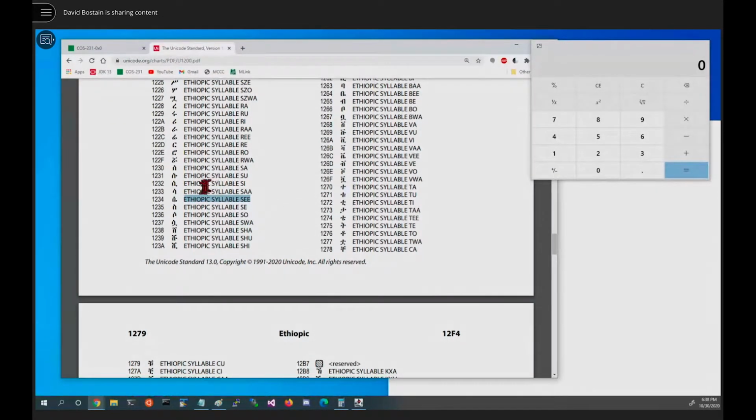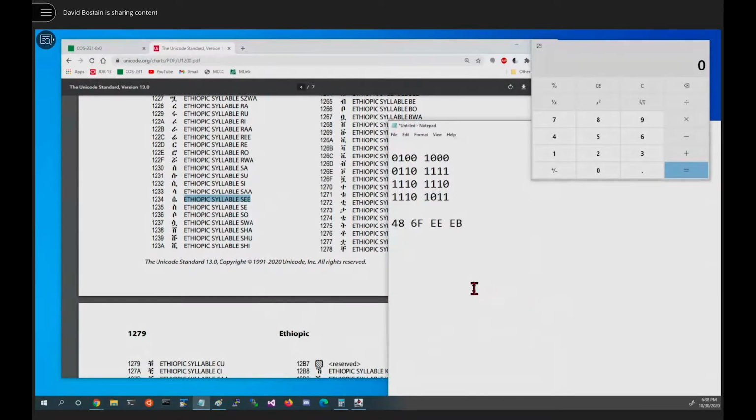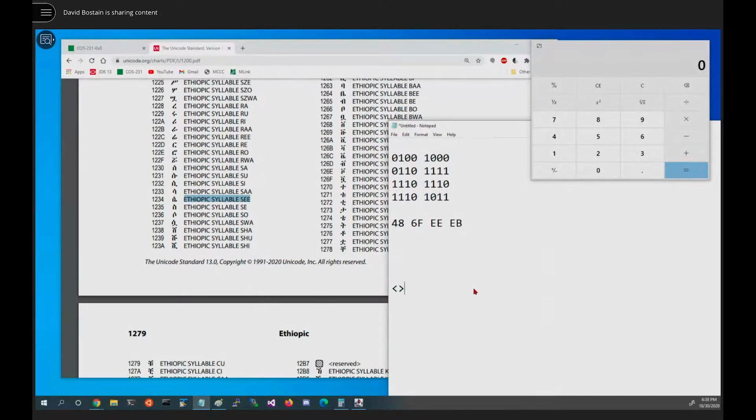I would simply highlight that, copy it, take it back over wherever the test has angle brackets asking me what the name is, and drop it in there. I wouldn't try to retype it or be creative or anything. I'll just pick it up out of this chart and drop it in. So if somebody asks you what code point 1, 2, 3, 4 was, that's the answer. Anybody have any question about that?